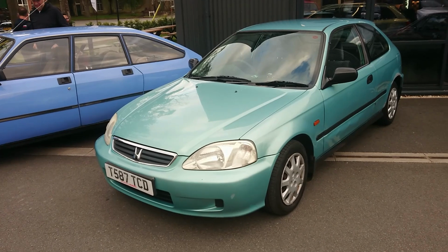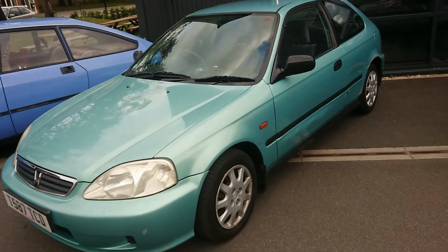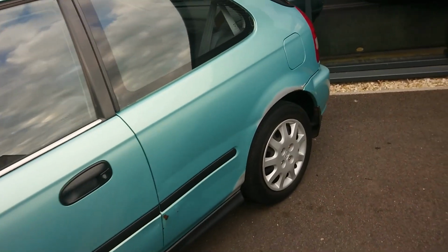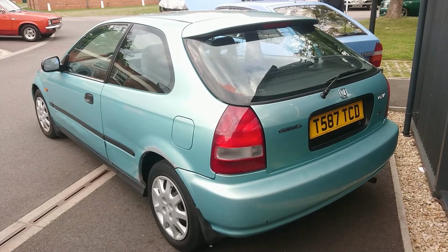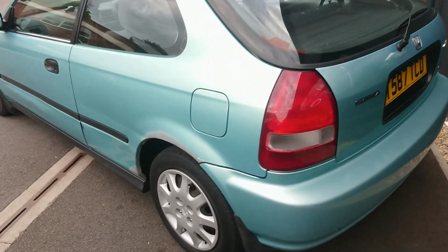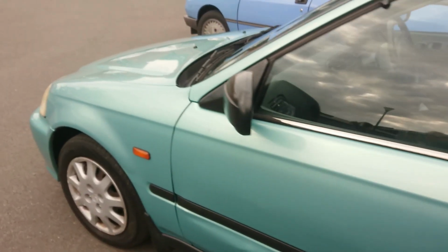It's a successor to the EG Civics. This is only a 1.4 automatic. It's a 1999, and we've still got the original wheel trims on this, or someone's maybe found some. I don't know, it looks great. It's a little bit more original looking. It's not been modified, it's got some rust repairs to do and that sort of thing, but this is first